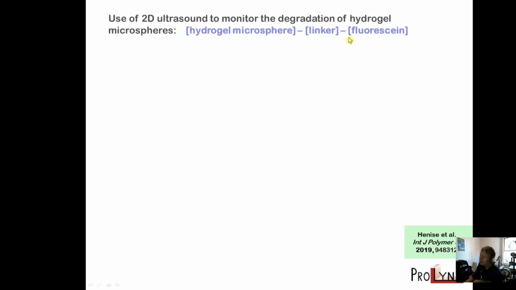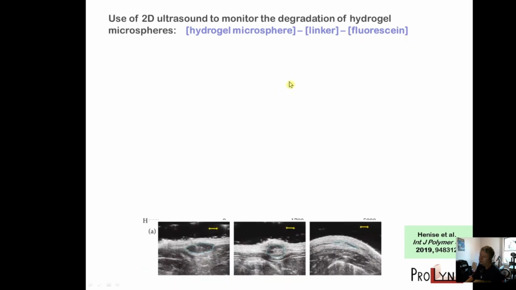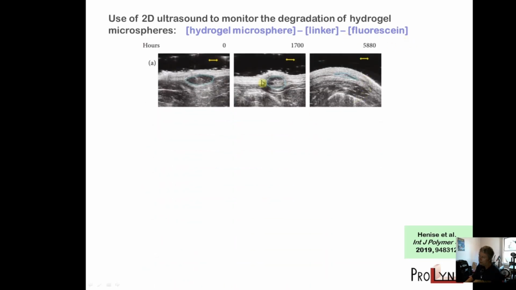But that's not the point of this paper. The point of the paper is to just follow the degradation of these microspheres. Okay. Fluorescein, though, is detectable because it's fluorescent, and they can detect it at the site of injection later, for example. Okay, so they're using ultrasound to follow the degradation of this little hydrogel mass,